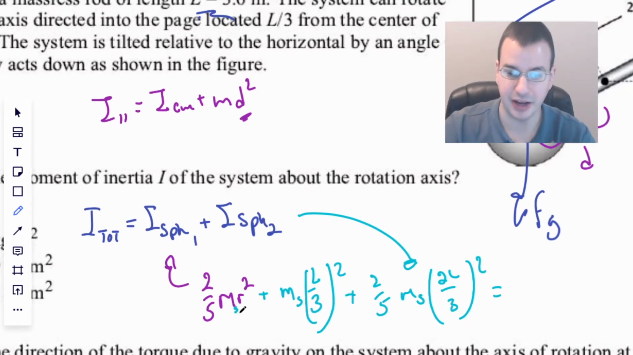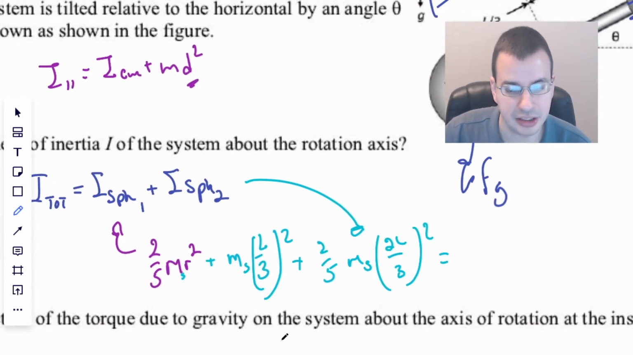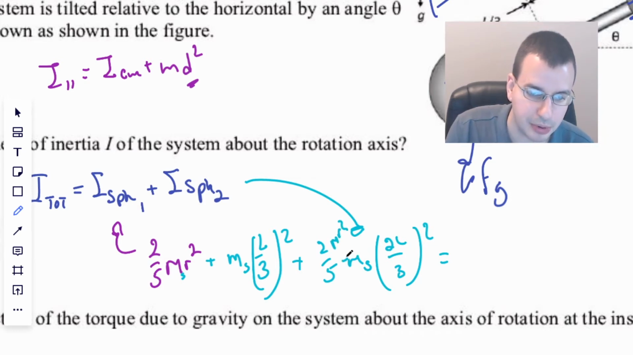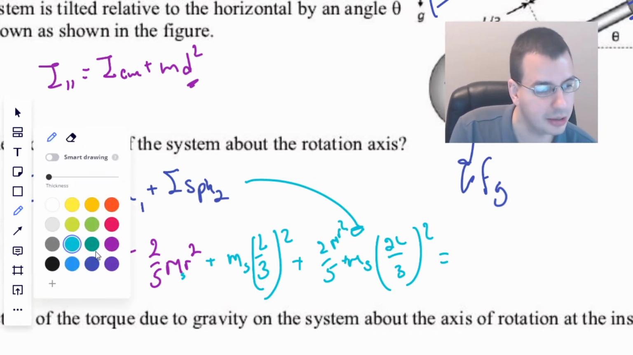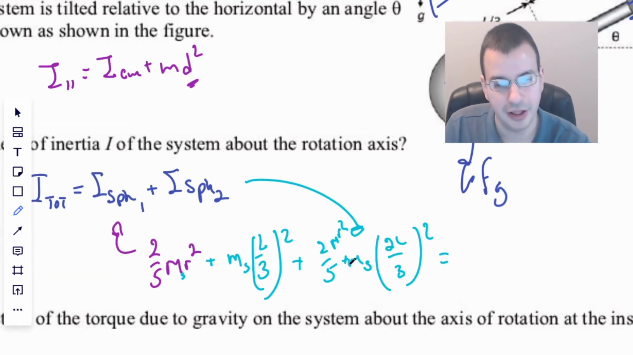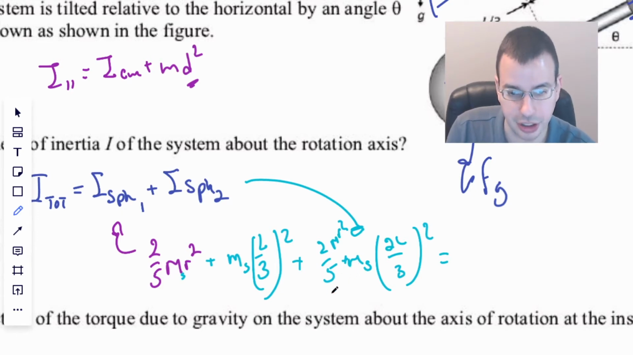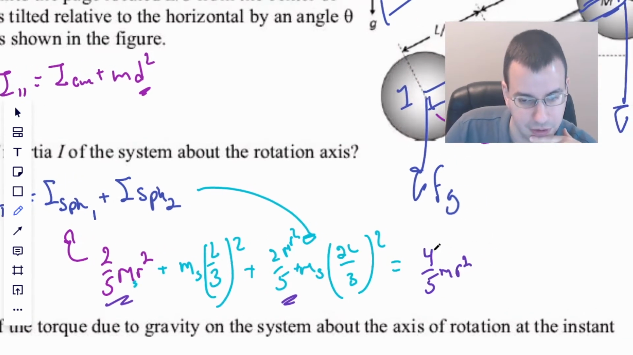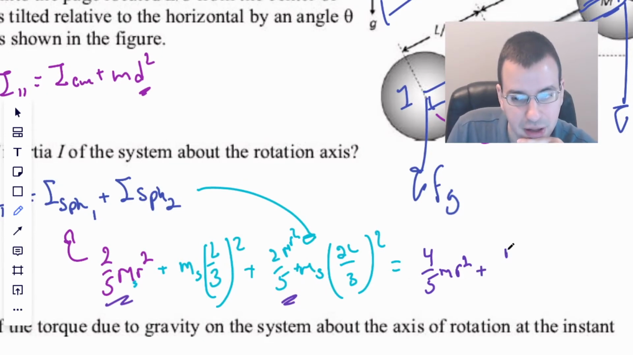We can then simplify this as 2/5 mr squared plus, there we go. Terrible penmanship, terrible boardmanship, dark purple. So then we'll have 2/5 mr squared here, this one and that one. So we'll have 4/5 mr squared, where r is the radius of the sphere, plus, and then we'll have massless sphere, which I guess we'll be able to filter out soon enough, L squared over 9,